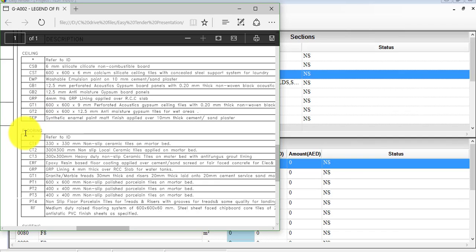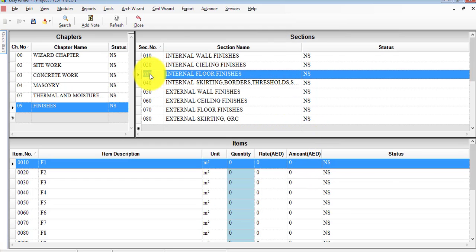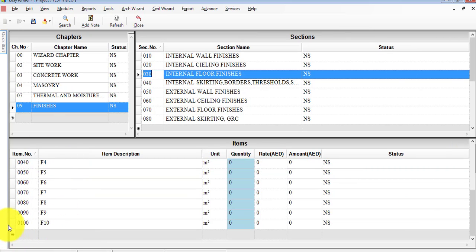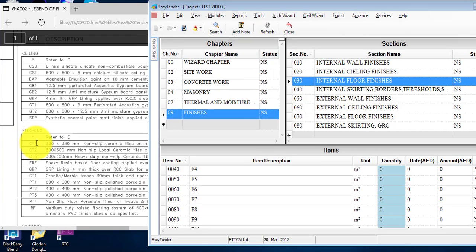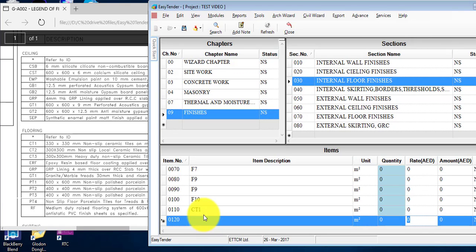Next we'll do the floorings from CT1 up to RF. We'll go back to EasyTender, you click on internal floor finishes, and once again you'll get all the embedded, or let me say the default finishes that EasyTender has for you. In order to add a new one, once again you click on this, and you've got 0110 as a new item number. So we need to input the schedules as per the flooring. We start off with CT1 and CT2. We'll type here CT1 and then tab, CT2, again tab, and then we've got CT3,